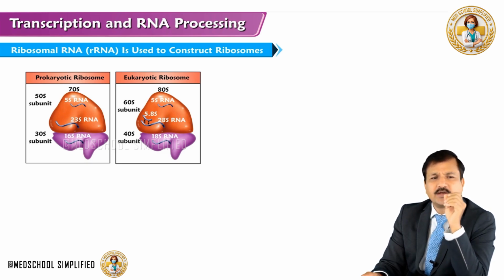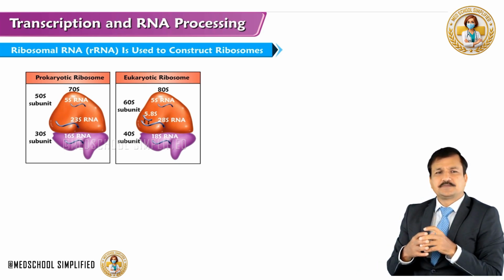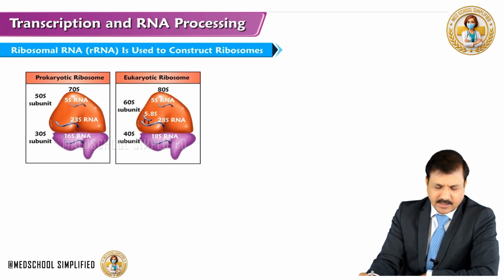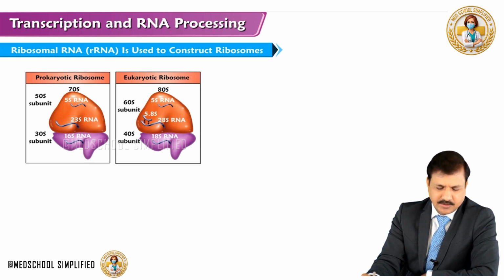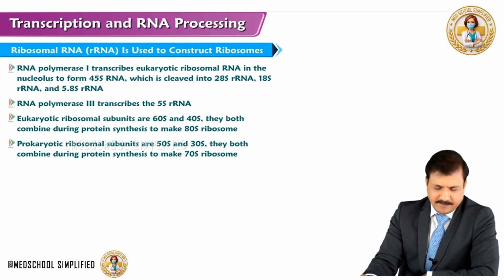The S value here is determined by the behavior of the particles in an ultracentrifuge. They are a function of both size and shape, and therefore the numbers are not additive. We should not add the numbers there. So that's how prokaryotic and eukaryotic ribosomes are seen. So just to recap what we have seen in the previous slide,